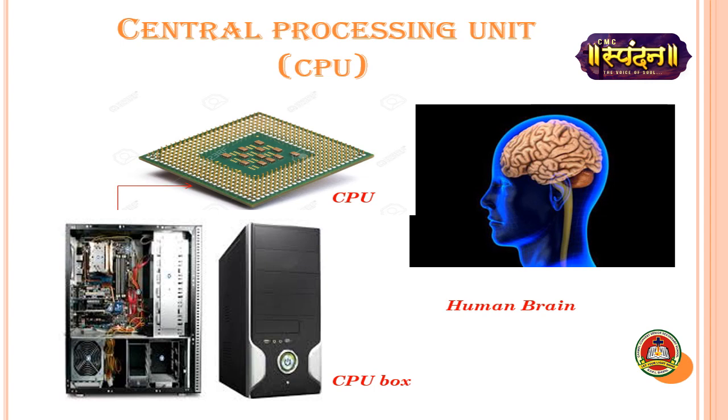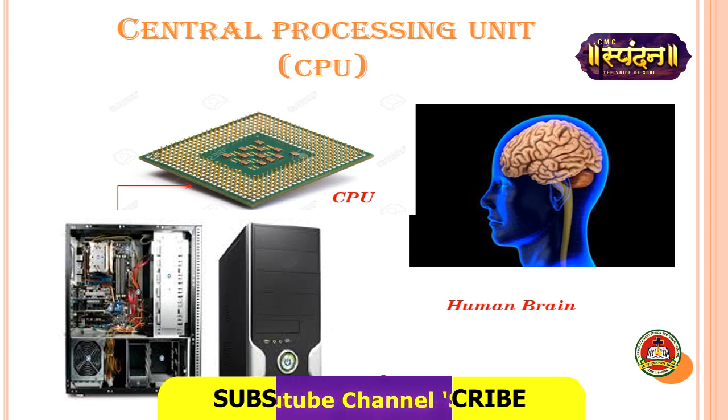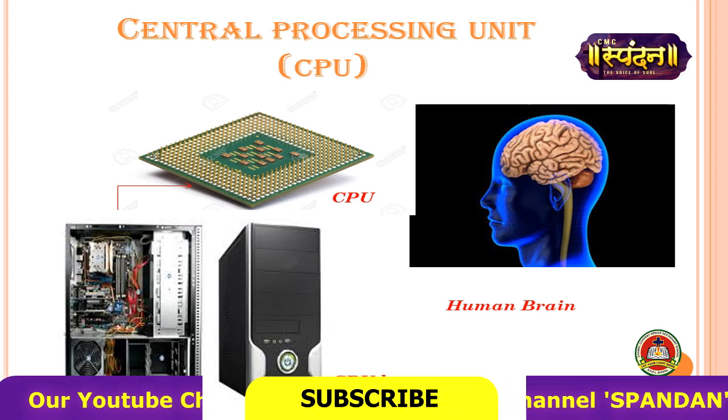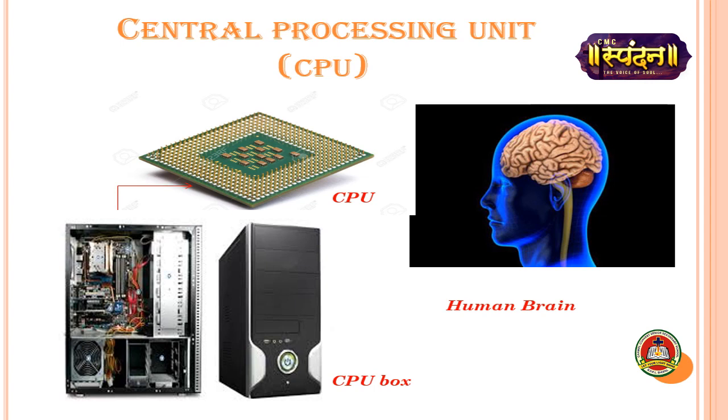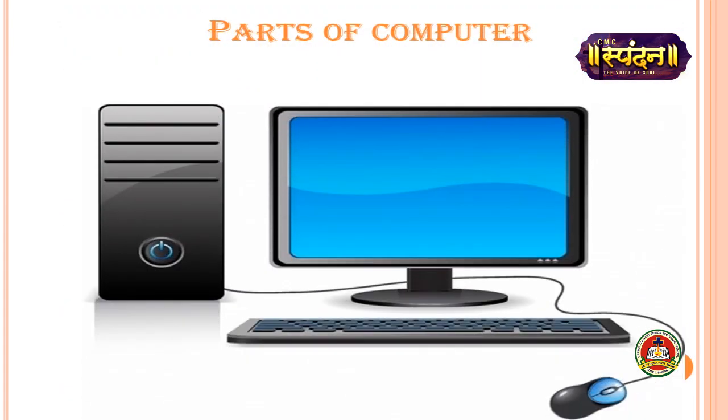So we have 4 basic parts of a computer, and all the 4 parts have different functions. We have divided all these 4 parts into input and output devices, and CPU is a processing device, monitor is an output device, keyboard and mouse are input devices. With the help of keyboard and mouse we are giving instructions to the computer. That instruction is going to the CPU. All the processing is done inside the CPU, and then we are able to see the result on the monitor screen.